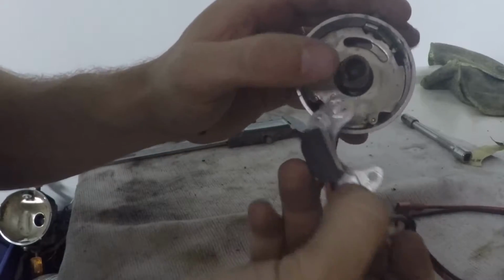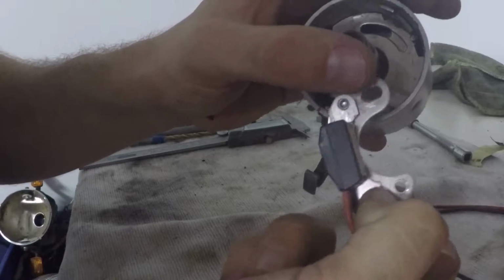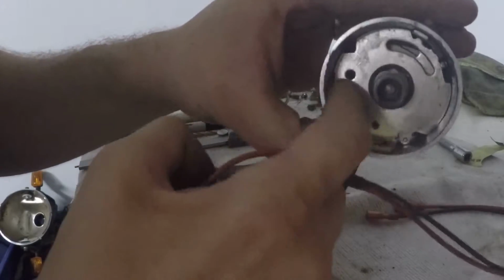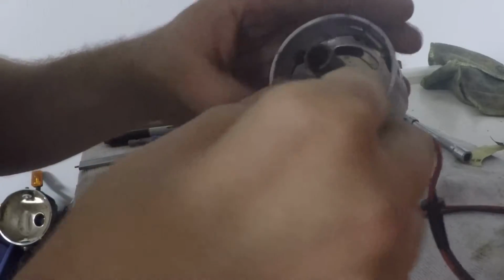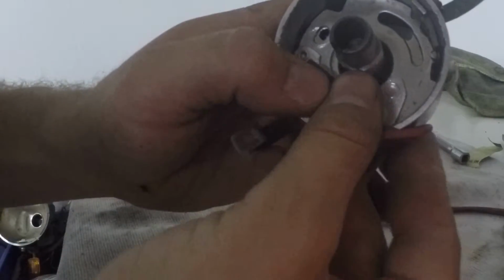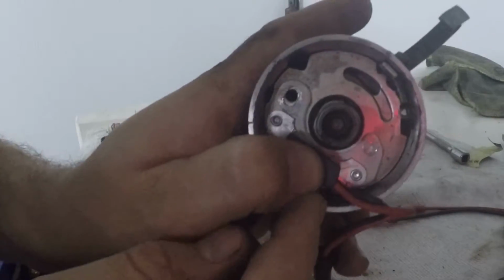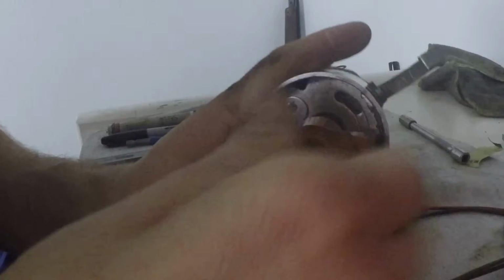What I'm going to do is use, if you notice, this here is oblonged, right? So obviously this is an adjustment. I'm going to use that hole there as the adjustment side. Now if I put it in here and hold it here, and line it up, you can see I can line up the hole with the unit, and the mark that we were originally talking about in a couple of videos before,